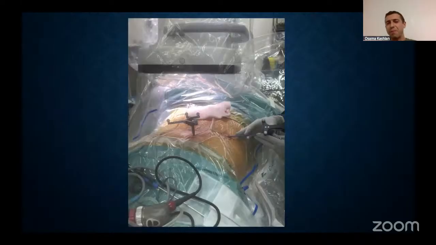This is more in the lumbar spine, but you could do the same thing in the thoracic spine. Instead of using a pin, you could stick this on the spinous process, or the other probe that's in there. You can stick it on the skin. There are many ways of putting the base of the navigation on the patient. Obviously, there are also ways to do this with companies where you don't have to stick anything on the patient, like TrackX. There are many ways, and it just depends on what you have in your facility.